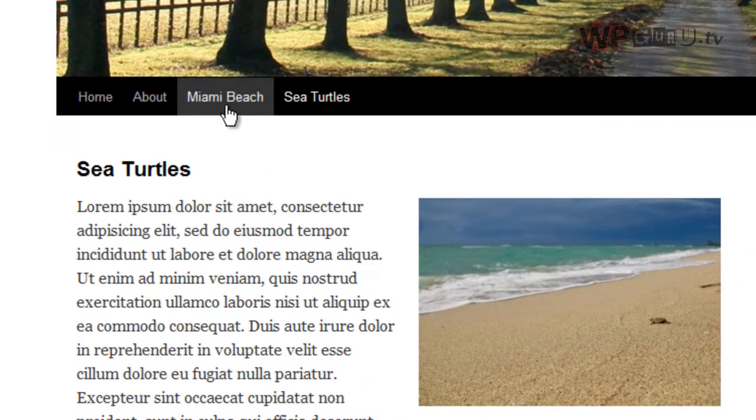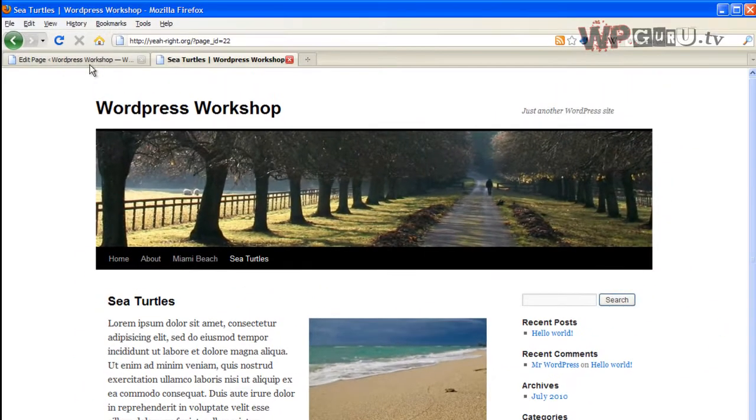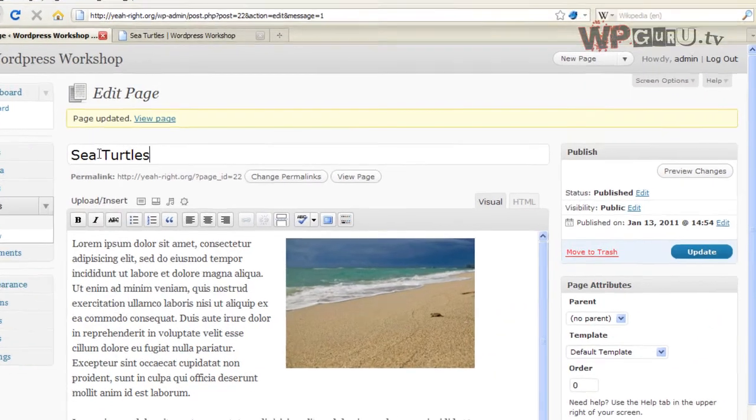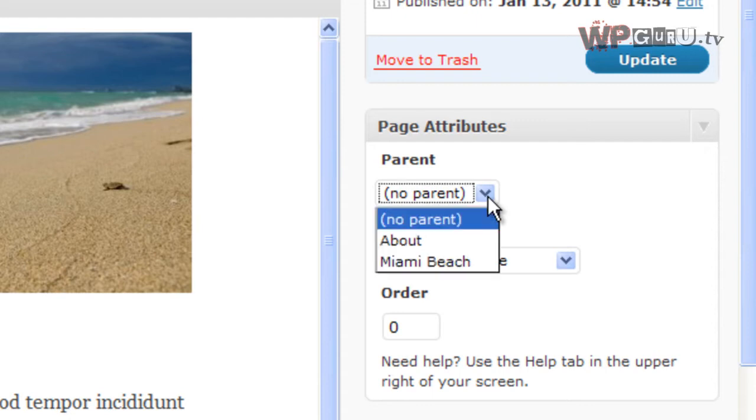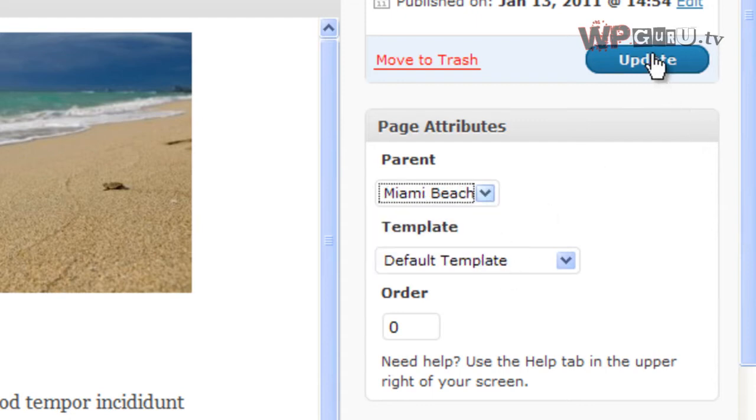Now, 2 pages, these are related even. I would like my Sea Turtles page not to be a separate page up here. I would like for that to come up underneath Miami Beach, because I may have several pages relating to Miami Beach. So in this case, I want to make this a child page of that page. That's the terminology. This would be the parent page, and this would be the child page. Easy thing to do, you go back to your Sea Turtles page, and over here in the page attributes box on parent, currently it has no parent, which is why it shows up on its own there. But if I were to make Miami Beach the parent to this page and update the page,